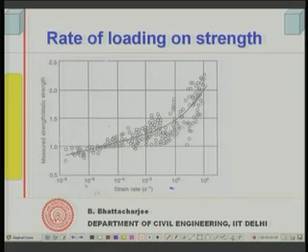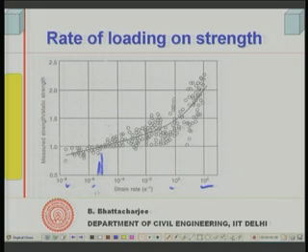I will come to that, but some machines can control the strain rate, and this was measured with a strain rate control machine. Now, strain rate per second, you see, is 10 to the power minus 8, and minus 6, etc. As you go on increasing the rate of application of strain per second, the strength goes on increasing. The static strengths are measured at roughly about 10 to the power minus 5 strain per second, that is, 10 microstrain per second. At that kind of rate of loading we normally apply.